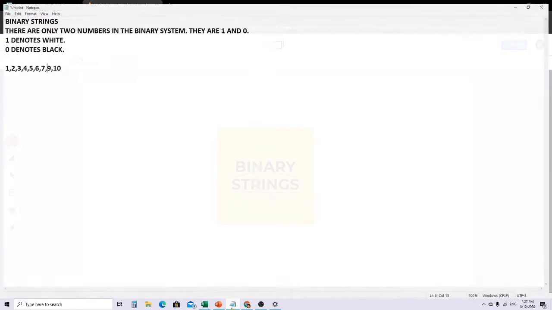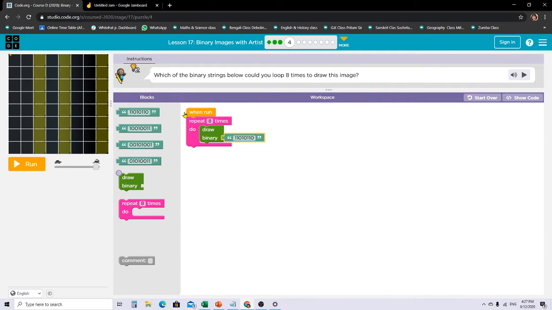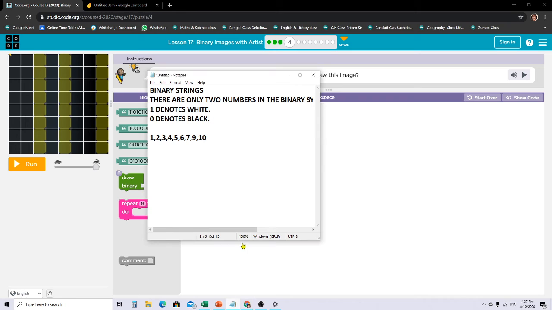Okay. So first let's note down what do we need. So we need, there's 2 zeros in the front. So 0 0 1 0 1 0 0 1. Okay, so this is the code which we will need.